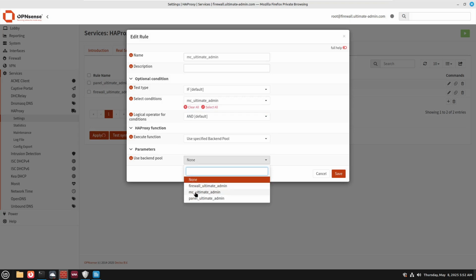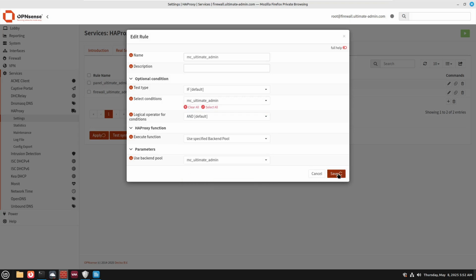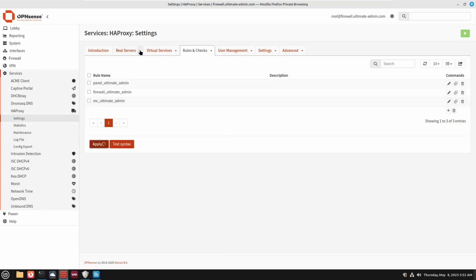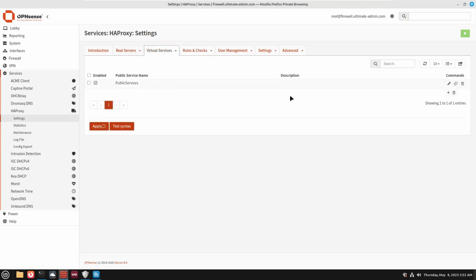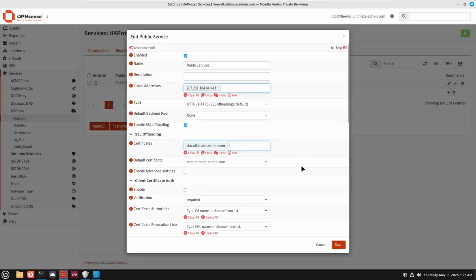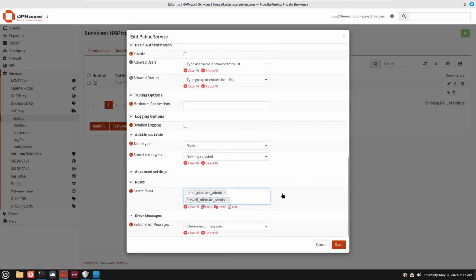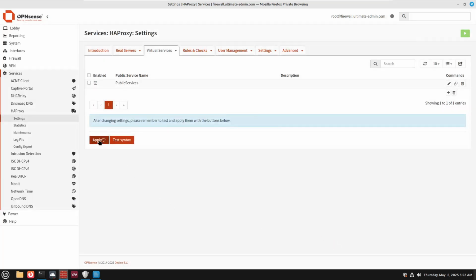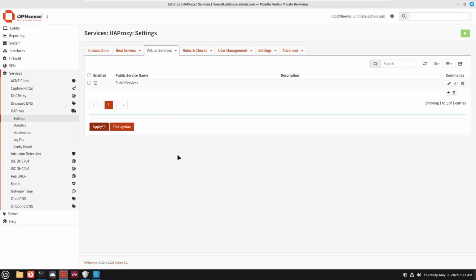And the last step is to add it to our backend services, which is public services. Okay, that should be it. Okay, we hit apply for the last time,